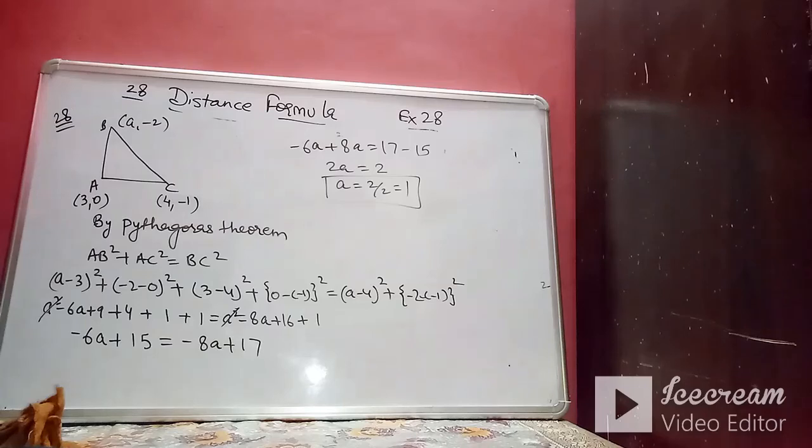Okay, that's it. So this is the end of this chapter 28. I hope you have understood the concepts that we have learned in this chapter: application of the distance formula to find different types of geometries, as well as use of previous concepts, like the Pythagoras theorem, which we have also used to solve a few problems. Thank you.